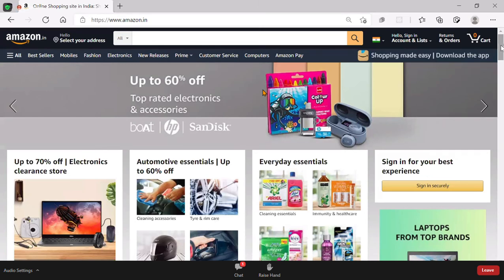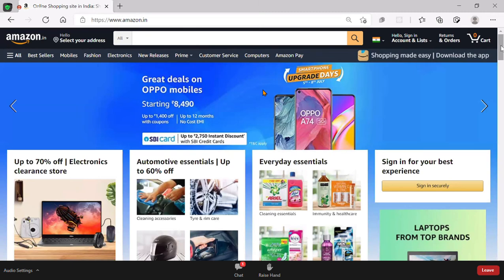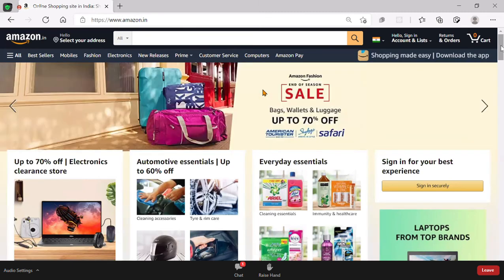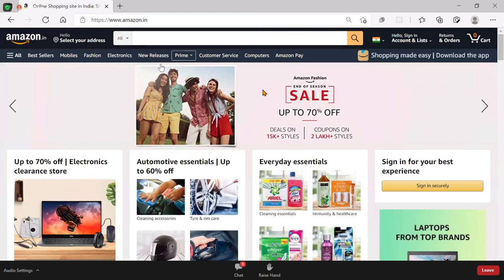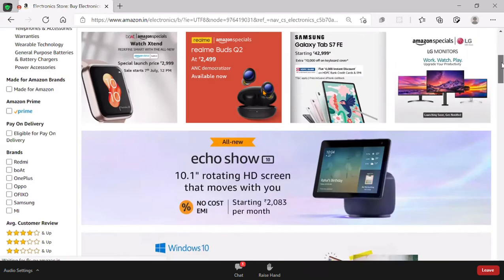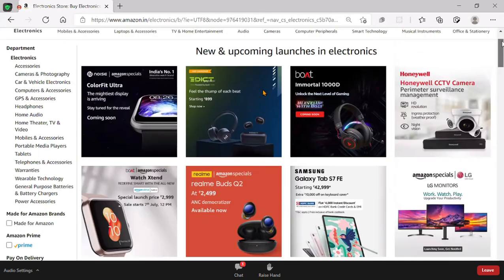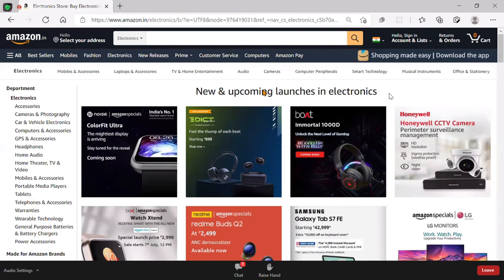No, it has a lot of content beyond this. How can you see the content beyond this? You can click on a particular topic, say electronics, and it will show you electronics. That means you have a lot of information beyond what you see. That is the reason this is called a hypertext document.